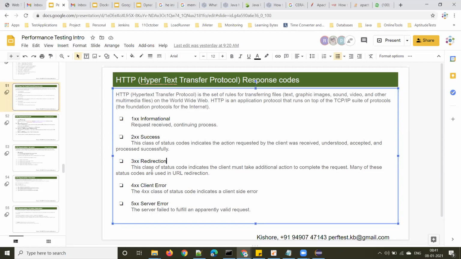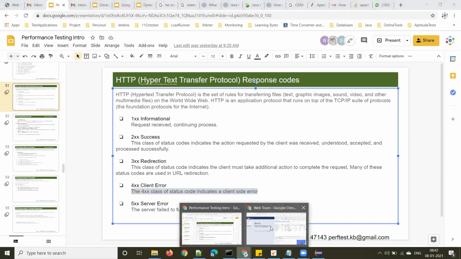The next response code is 4xx. If you send a wrong request, then you get a response code starting with number 4. The 4xx class of status codes indicates a client side error, meaning your request is wrong. For example, let me show you.